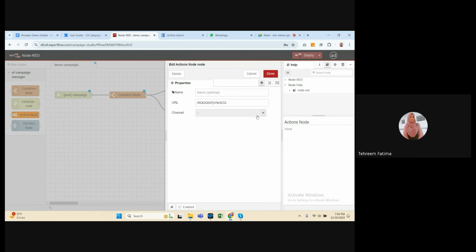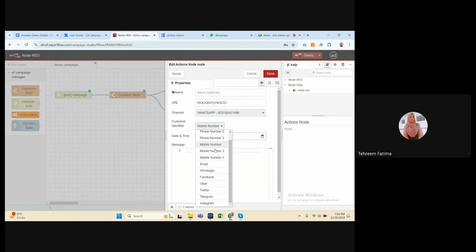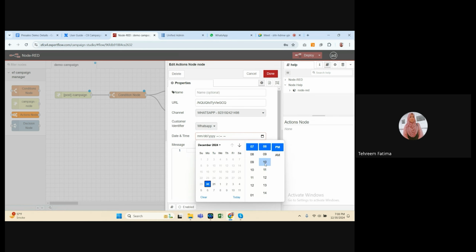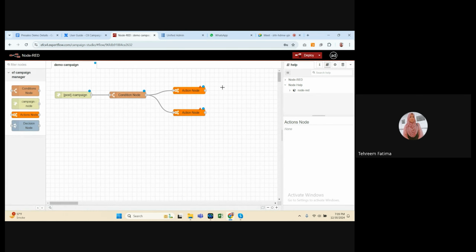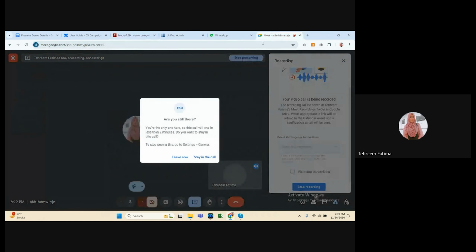So for this action node, I am just going to configure it for WhatsApp. The customer identifier for WhatsApp is WhatsApp, and just set the time here. You can type any message. This is how you can configure the action node.